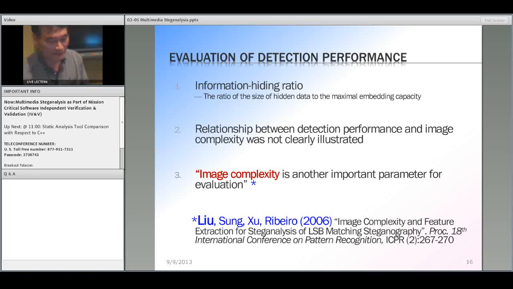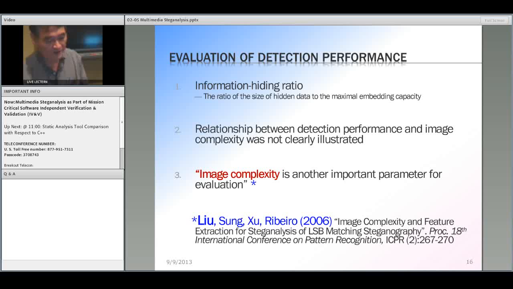One thing that we propose to take as a measure of evaluation criteria is the image complexity of the detection algorithm. A lot of the papers talk about the size of the image you are analyzing and also the